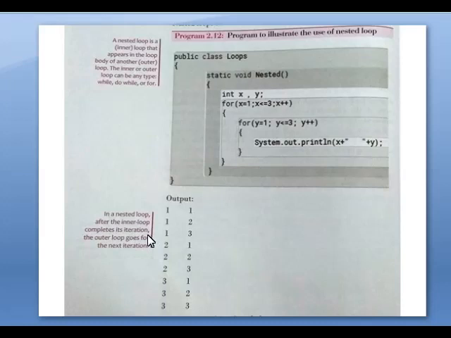So here you see one for loop is here and another for loop is here. If two or more for loops are there, this is called the inner loop and this is called the outer loop. Okay, so the inner loop will execute first. When the condition in the inner loop becomes false, then the outer loop will increment the value by 1.